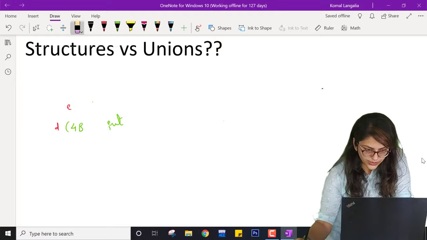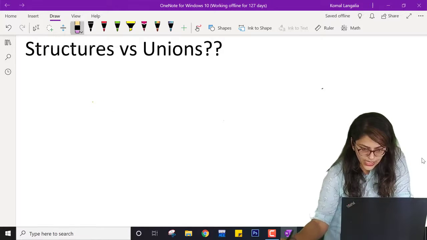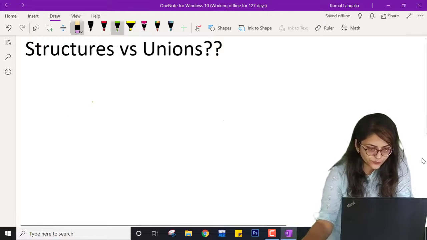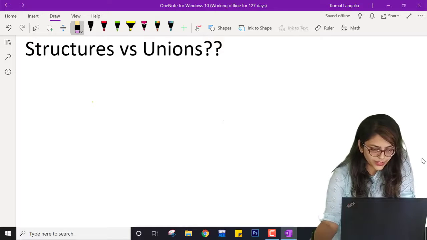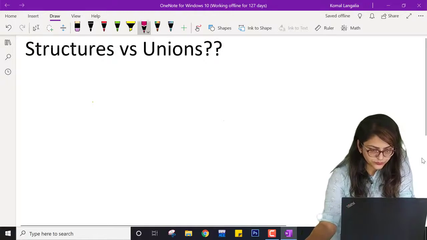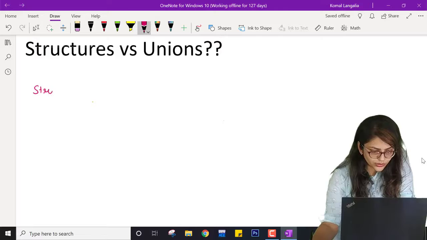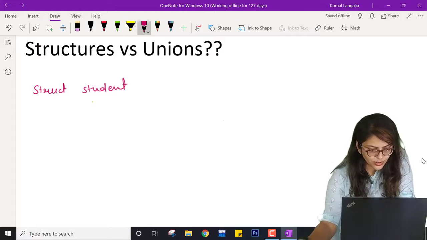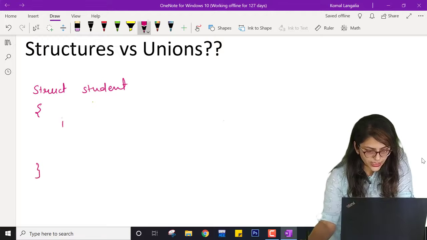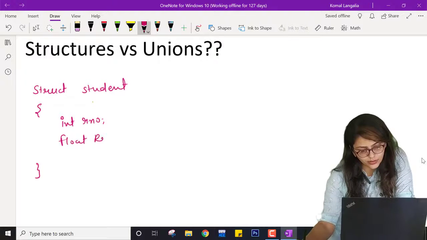So if I am erasing it, now say I have created here struct student, which is having say int r number, that is roll number, float result.